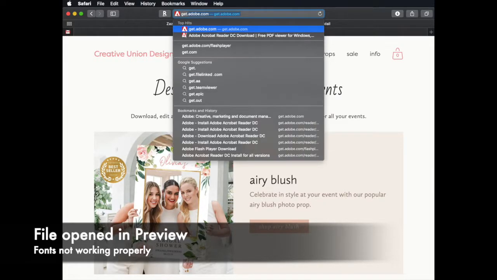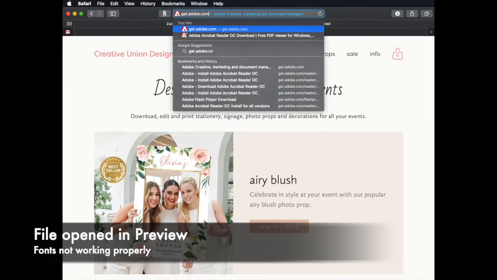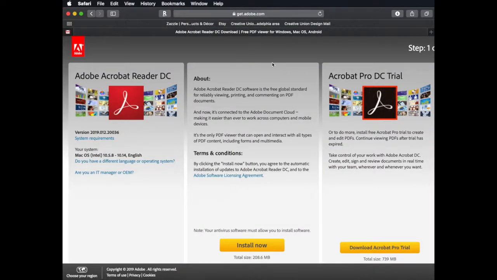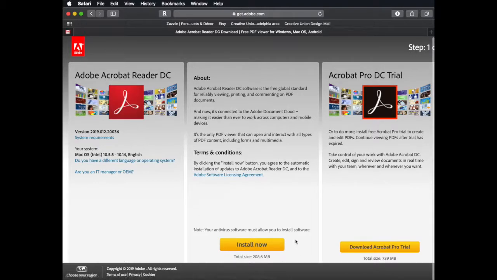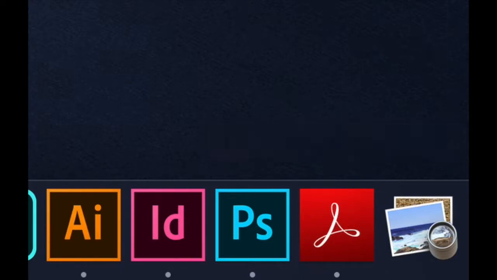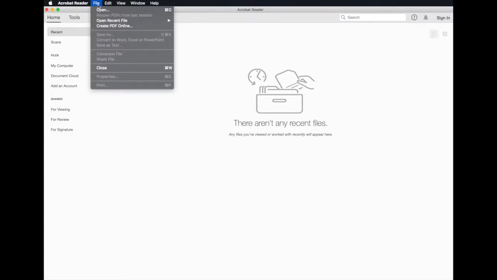If you haven't already updated your Adobe Reader, you will want to do that first by going to get.adobe.com/reader and clicking the Install Now button. Once your Adobe Reader DC is updated, you will want to open the program first, then select File, Open, and